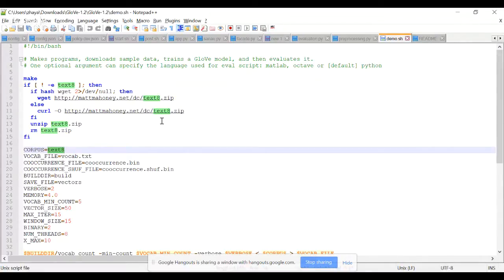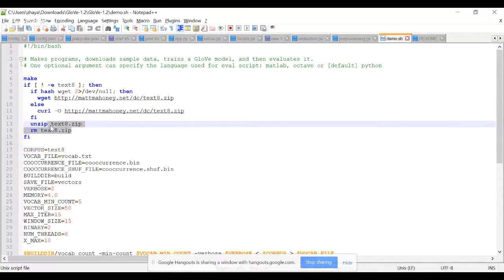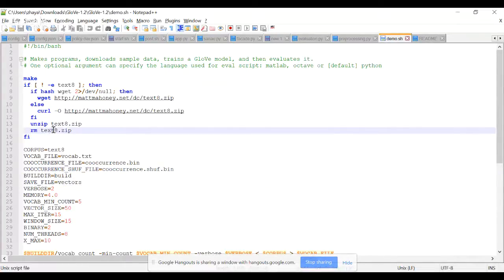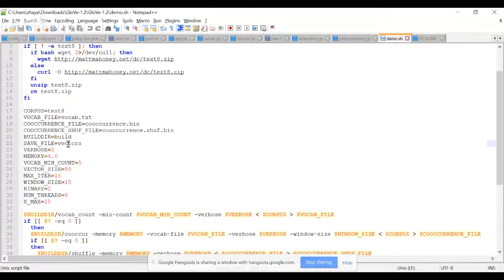Okay. And previous, it wants a zip file. Okay. No, you don't have to have a zip file. It unzips it. Oh, it unzips it. Yeah. Oh, I can just get rid of that line. To give you your own text. I'm not sure if you could just pass a txt file. I can probably just do that. I change this parameter to whatever my text file is. Vocabulary? Yeah, and just comment that out. Oh, sorry, that's vocab. Is the vocabulary created based on your corpus? So once you have your corpus of text,